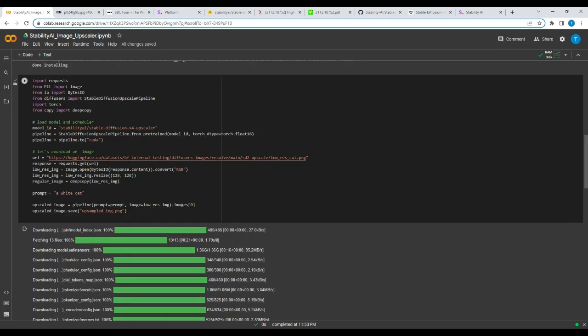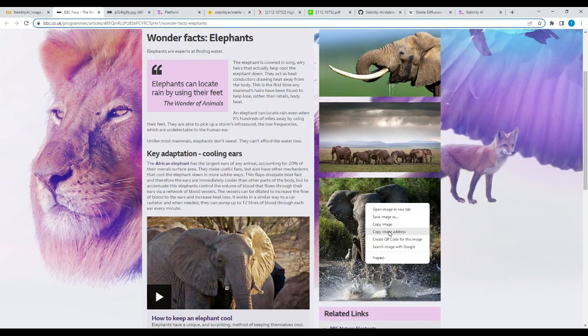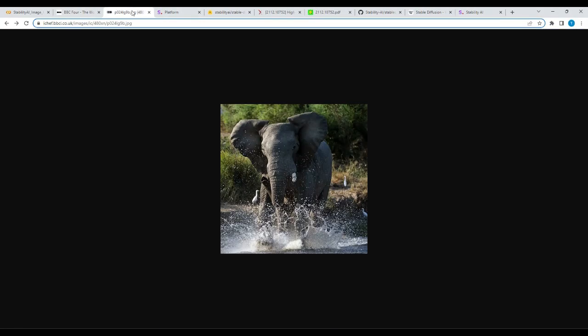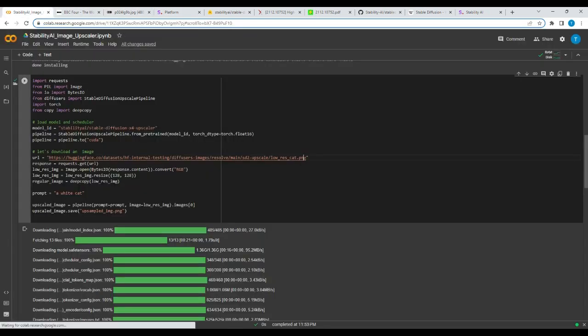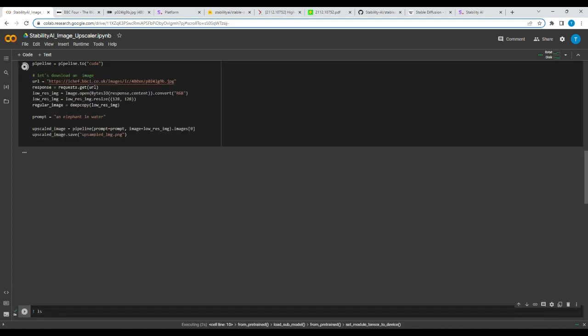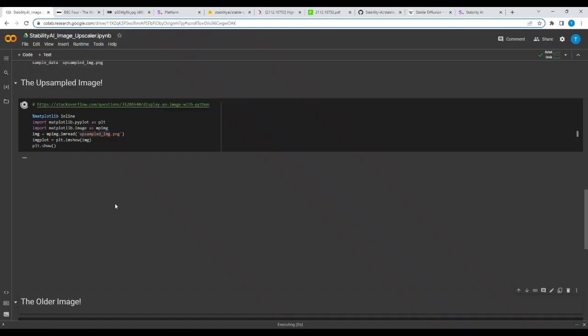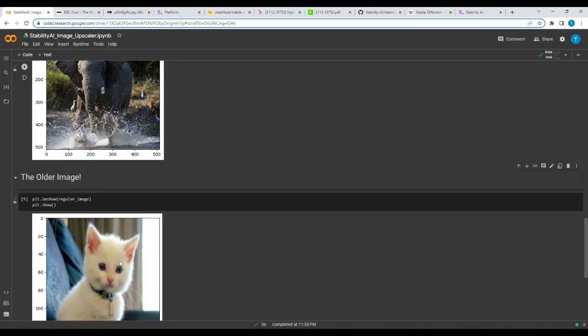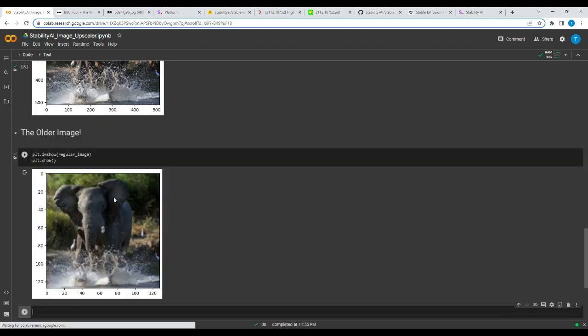So that's pretty much it. That's all you've got to do. I'm going to go ahead and show the second example for you. When you find an image that you're interested in, you can copy the image address, take this URL, and plug it in here, and then you describe it. So this is no longer a white cat. I could say an elephant in water. I hope I spelled that right. You can see it's going to rerun. If I do Shift Enter here, you can see this is the upscaled image. And then if I do the original image,